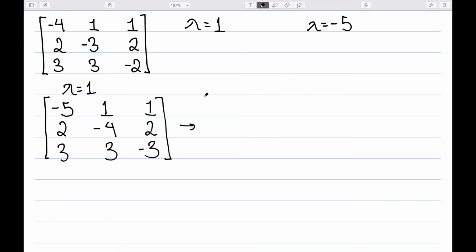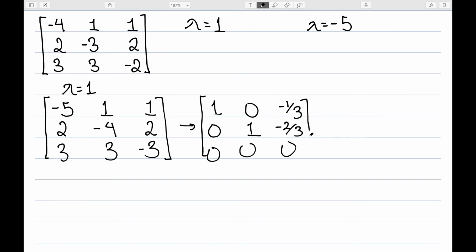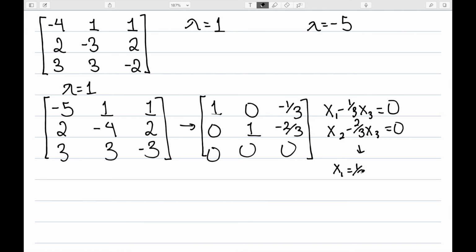We then need to row reduce this matrix. And when we do, we get 1, 0, negative 1/3 for the first row, 0, 1, negative 2/3 for the second row, and 0, 0, 0 for the third row. My equations are then x1 minus 1/3 x3 equal to 0, and x2 minus 2/3 x3 equal to 0. Solving for x1 and x2 gives me x1 is 1/3 x3,